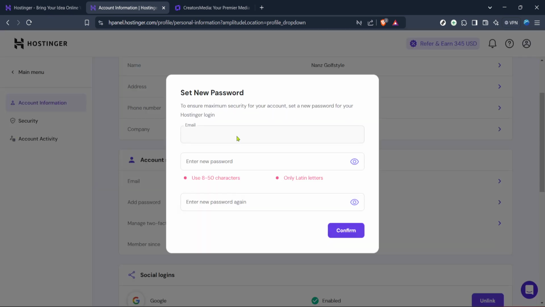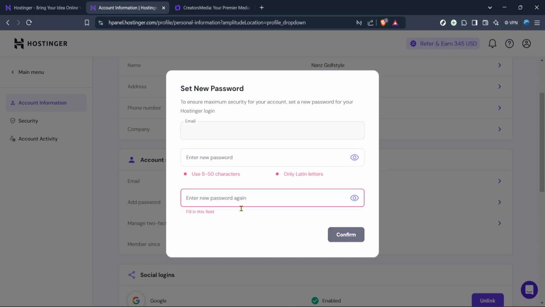A strong password typically contains a mix of uppercase and lowercase letters, numbers and symbols. Remember, it shouldn't be something like password123 or your birthday. Once you've decided on your new password, enter it carefully in the provided fields. You might need to confirm it by typing it twice, just to make sure there are no typos. This extra step helps ensure that your password matches what you intend it to be, so take your time here.